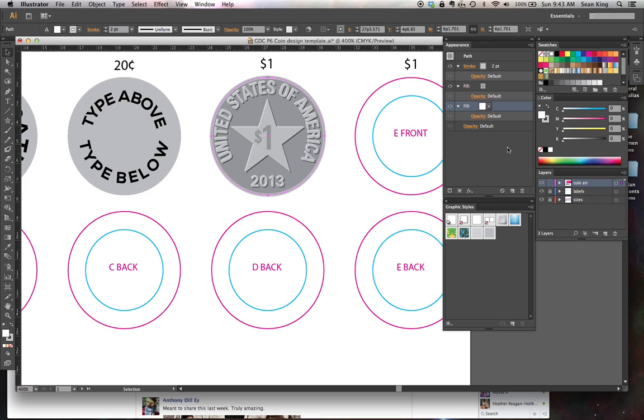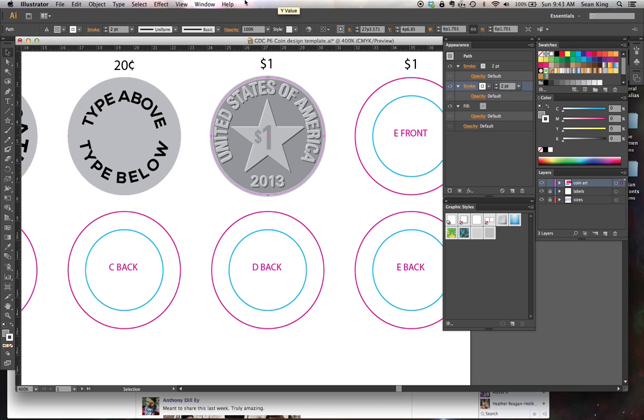Now the reason I'm not just applying my graphic style to this is because the graphic styles I've created have been all about the fills. And for this, I need to duplicate the stroke. So I have a second stroke,